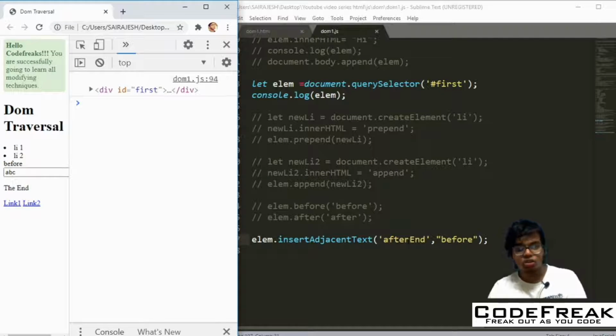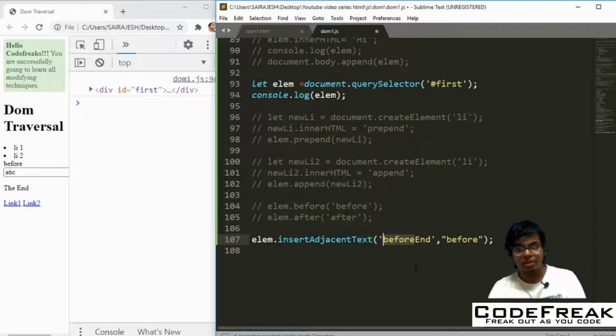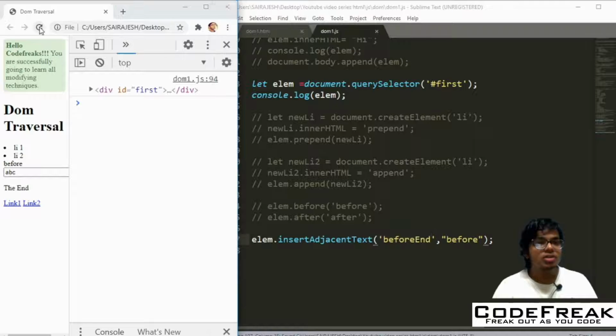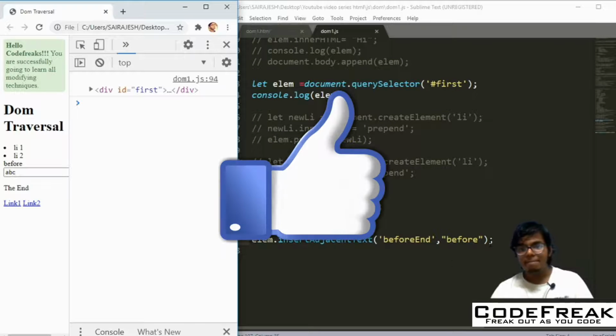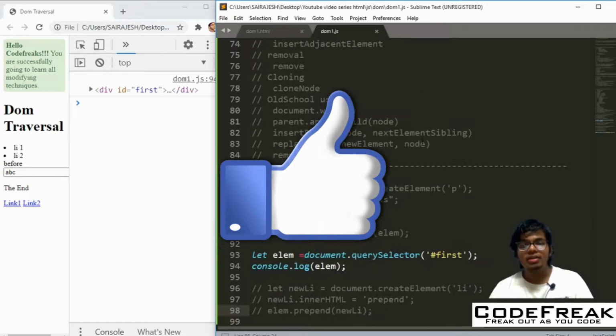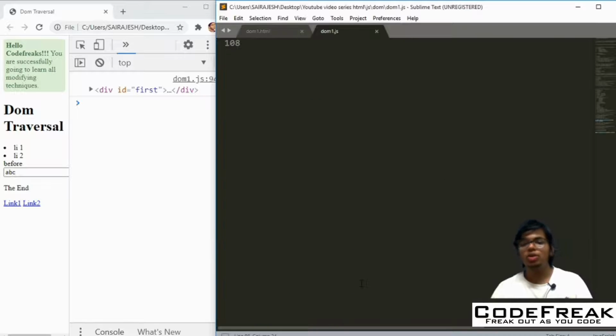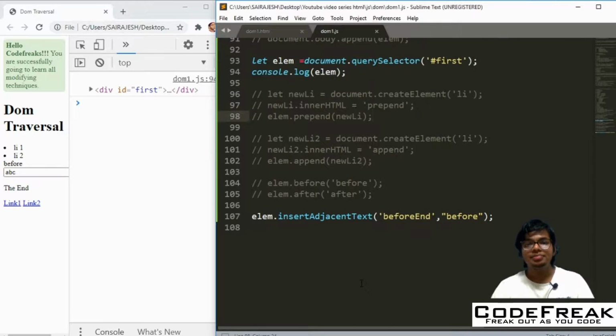I can actually show that with a little better example. When we had beforeend, when I just go here, see the before is also highlighted, okay, but when I had afterend, it is not highlighted. That is something which you saw. Just rewind back 2 seconds, you will see that. In a similar way, insertAdjacentElement also works, where you can actually insert an element.